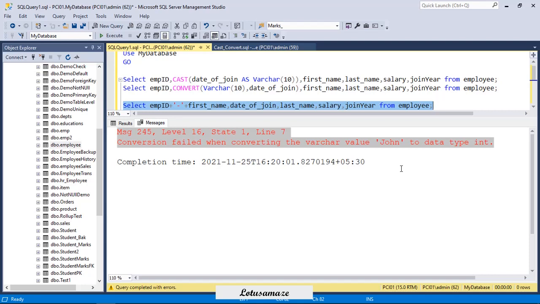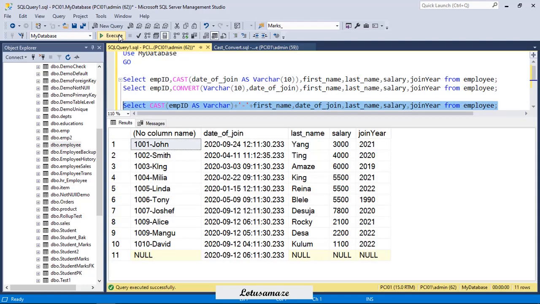That's why the implicit conversion failed. If I CAST EMP ID as varchar and try this statement, now you can observe in this column the EMP ID, hyphen, then the name.